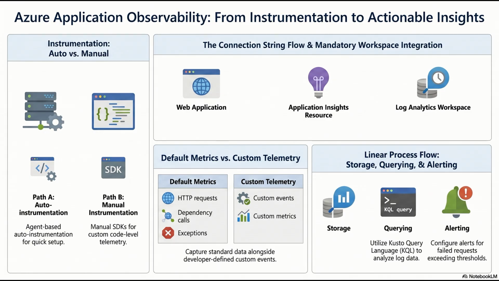So metrics are kind of like the vital signs, like the heart rate, the blood pressure. You don't need a medical degree to see that a heart rate of 200 means something is immediately terribly wrong. That is a very solid way to visualize it. But knowing the heart rate is high doesn't actually tell you why it is high. Right, it just tells you that you have a problem. Exactly. And that is where logs come in. Logs are the detailed medical history. They capture both structured and unstructured data, which offers rich context about specific events. So what does a log look like compared to a metric?